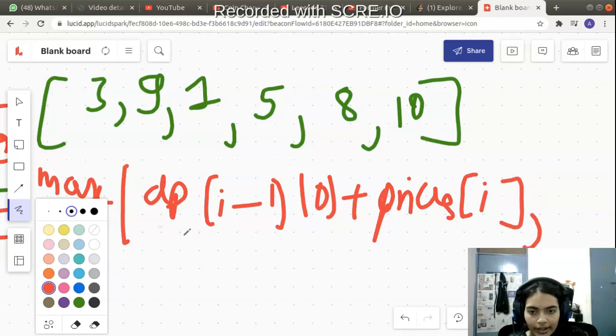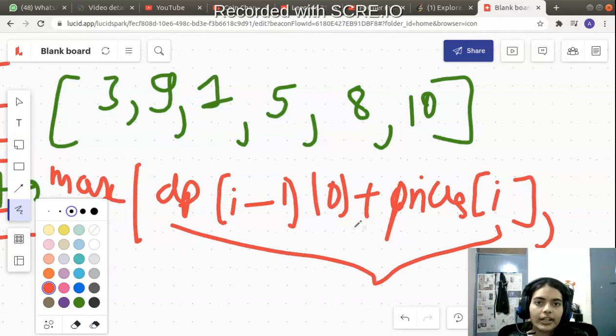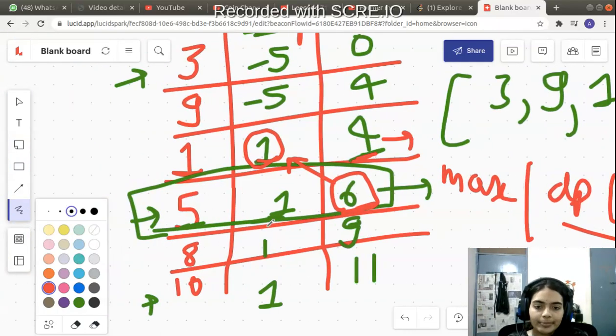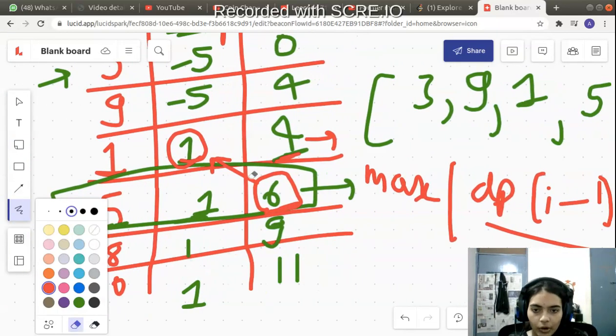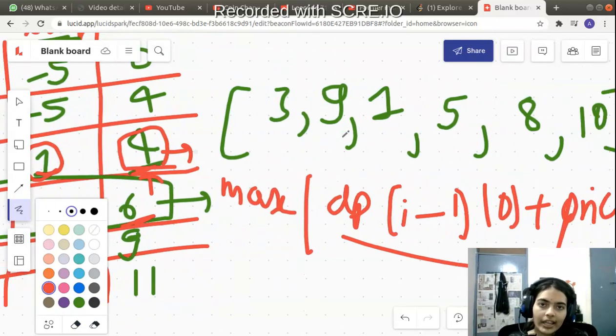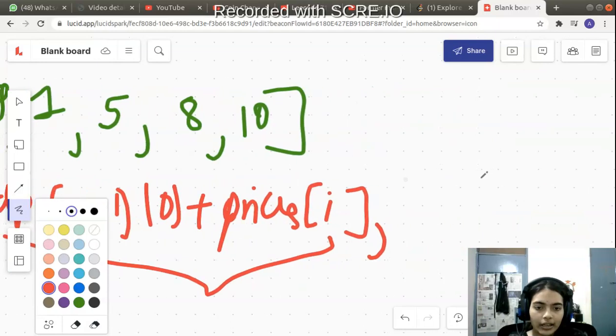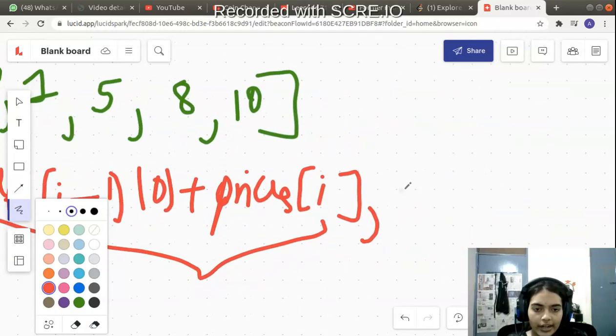So either this quantity, that means I'm selling the stock on that particular day, or I am not doing anything. That means I'm just looking at the data value from the previous days. This column represents a closed transaction, so I'm staying at that. I am happy with that. Is that more profitable? That is simply dp of i minus 1